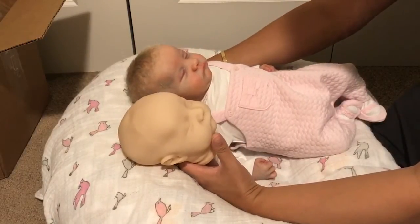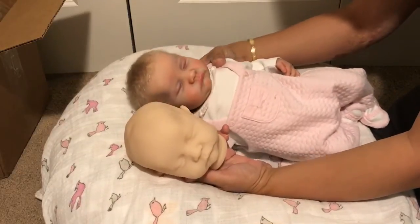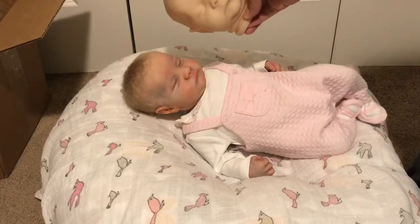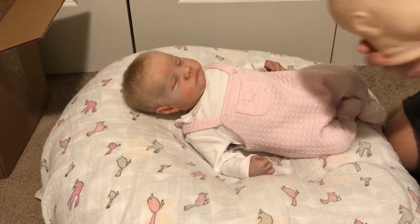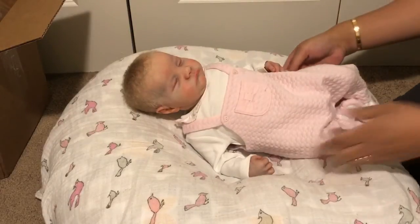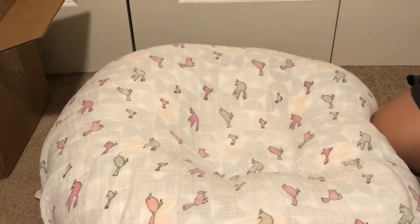Wow, it's just so amazing to me how, once you bring the baby to life, you guys, it looks so different, right? So amazing that the kit starts off like this. Anyway, I'm going to have Clara say bye, and I want to bring over two babies who were